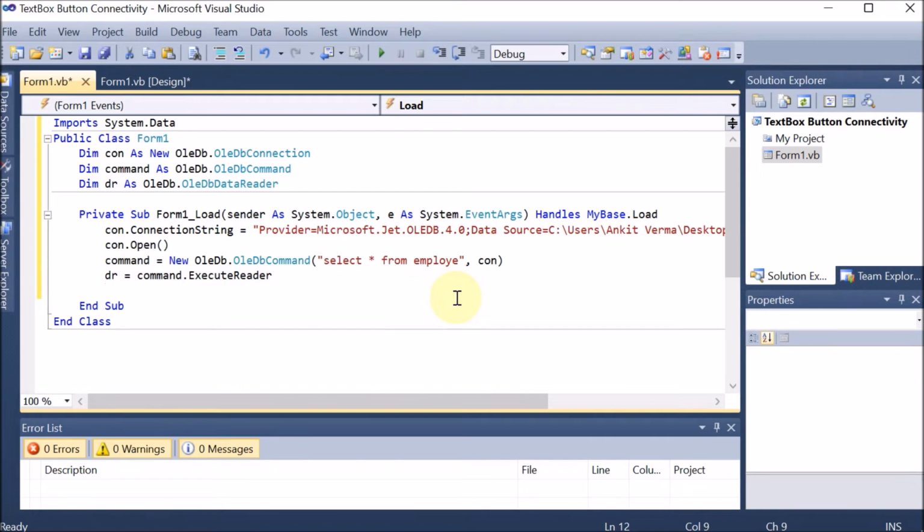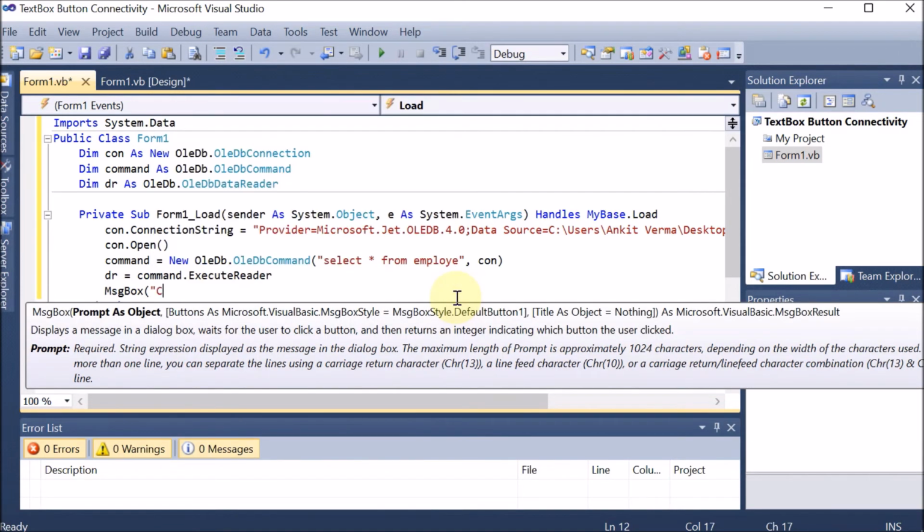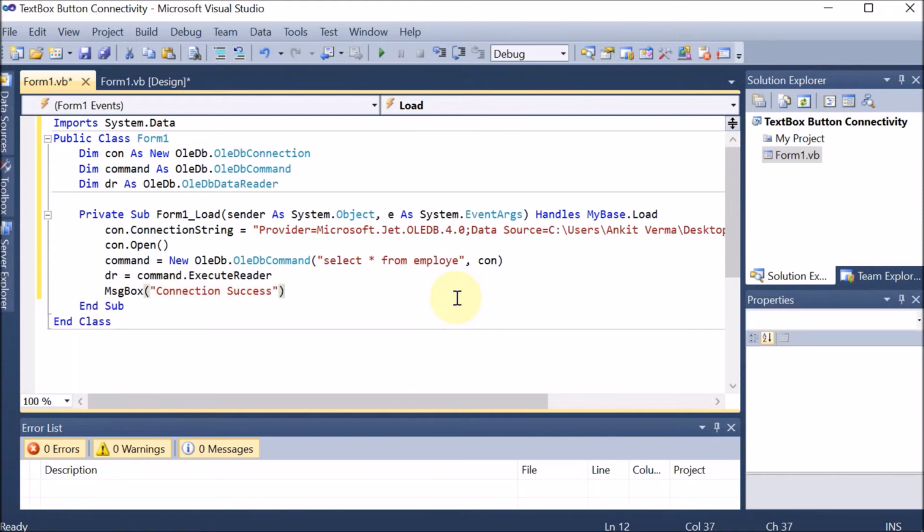Now when your connection is created properly, here we are putting a message for the safer side that the connection is a success. This is the main important part of .NET connectivity, those 3 things. First, create the connection between the application and the database. Then from that connection, with the help of a command, you fetch the data. Who will read the data? That is the data reader. So we have taken 3 things.